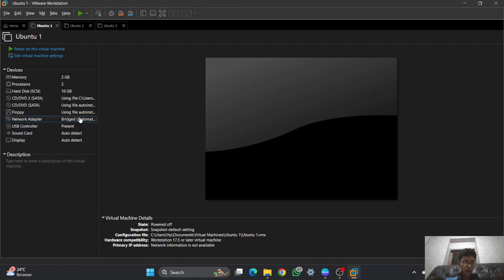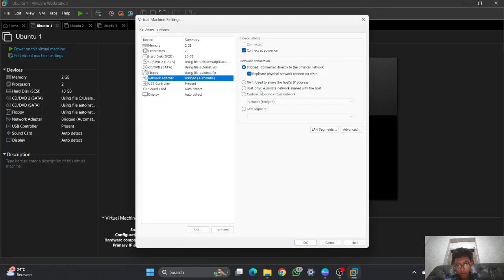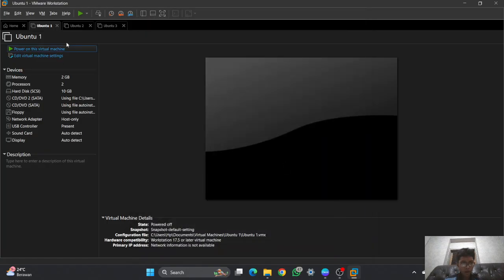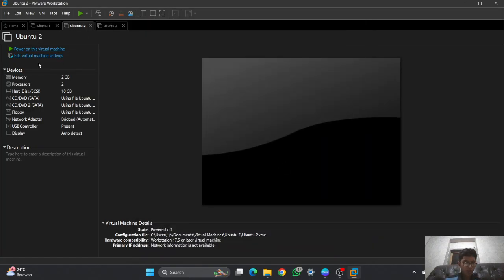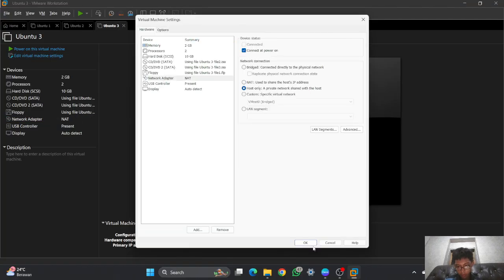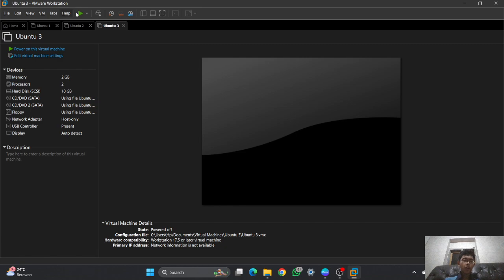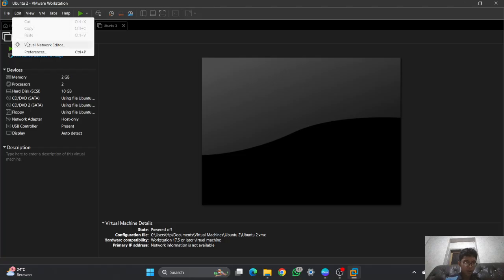In here I will set my network adapter into host only. I will change it into host only, and then OK, and I will set it on all of my Ubuntu servers. And I've configured the network adapter on all of my Ubuntu, and I will check the virtual network editor